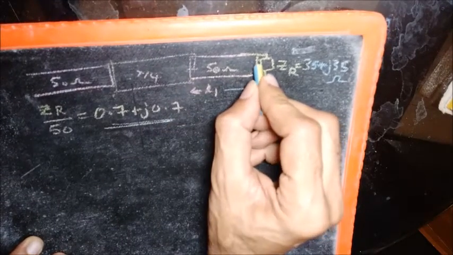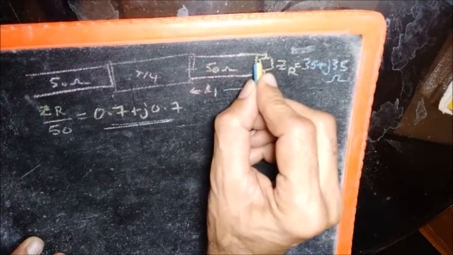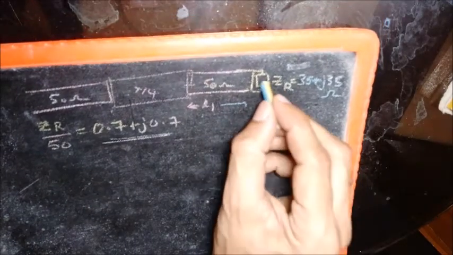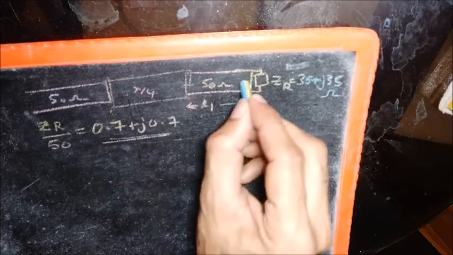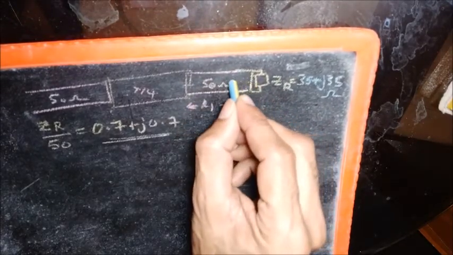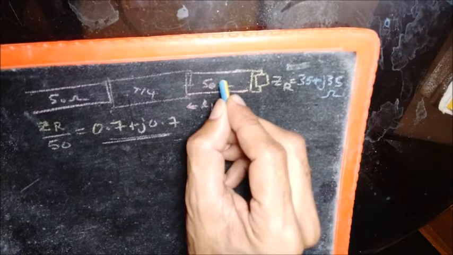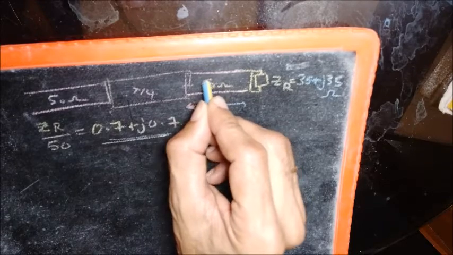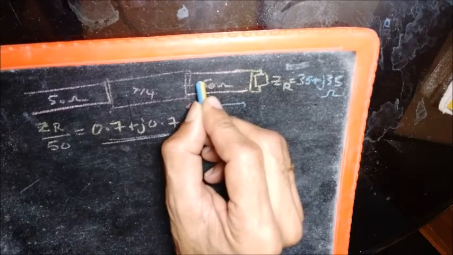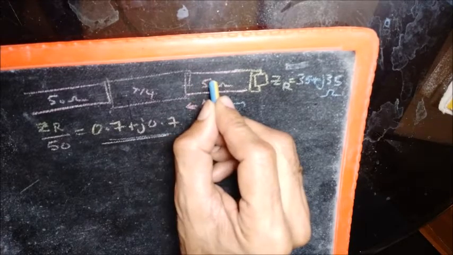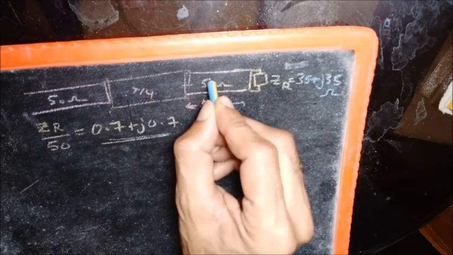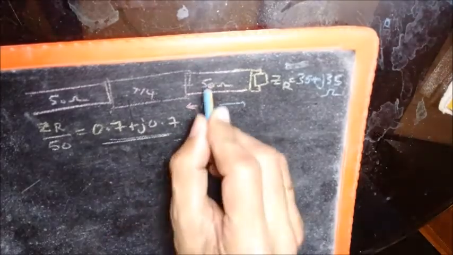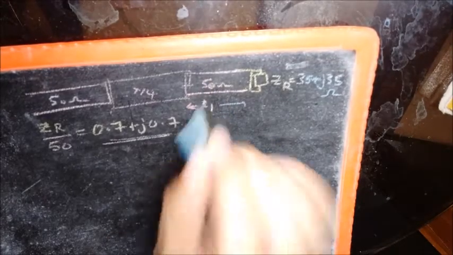So what we have to do is we should go back from here. That means we should move from the load towards the source or generator, and then locate the particular S where the line impedance becomes purely real. That is, the line impedance becomes resistive. And at that point, if you cut, the input impedance there will be purely resistive.